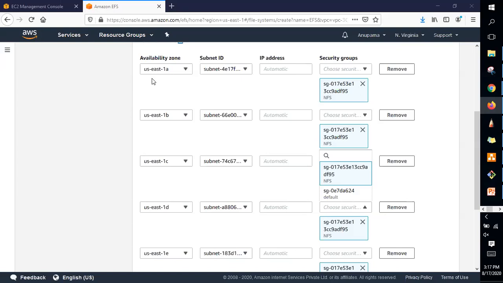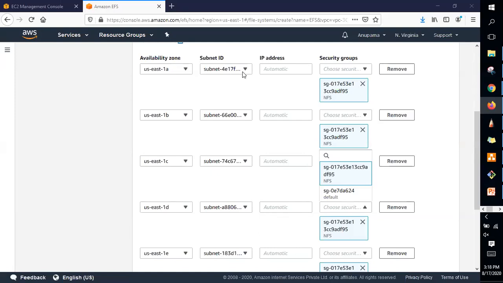If you have an EC2 instance in 1A and another EC2 instance in another availability zone, enable only 1A and don't enable the other availability zones, so that EC2 instances in different availability zones will not be able to mount to this EFS even if they have the mount instructions. Great, right? Yes, you can do that. Even if they have the instructions, everything, they can't mount it.